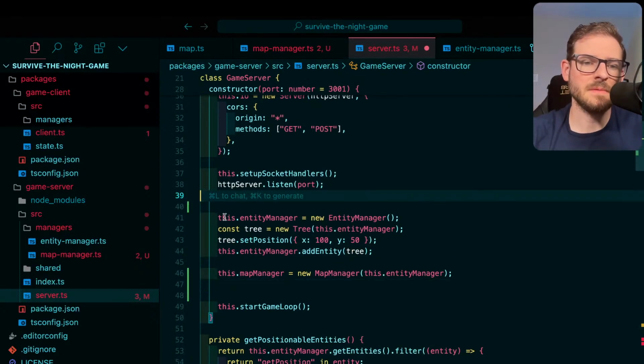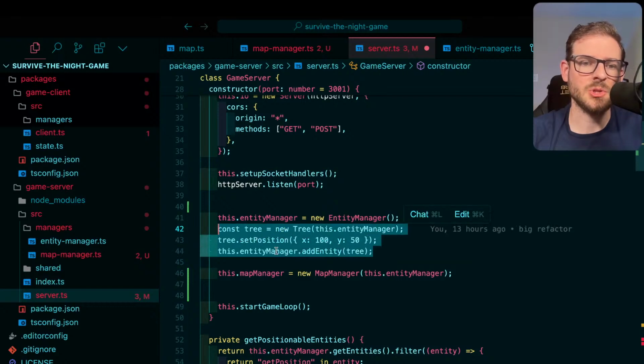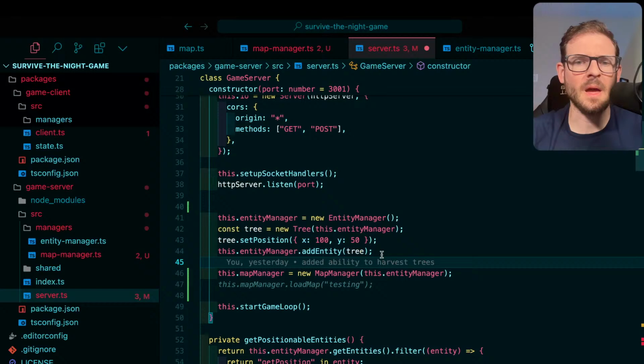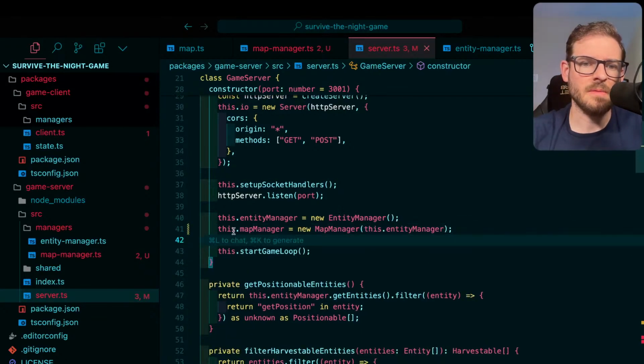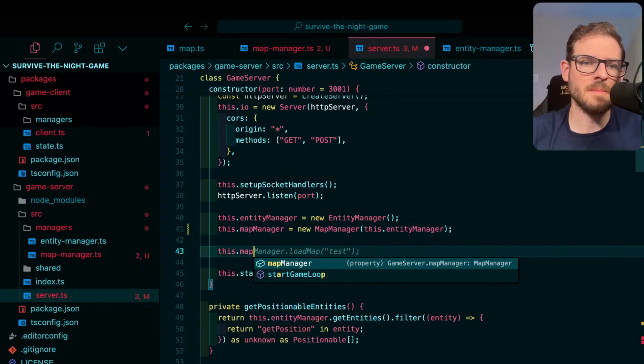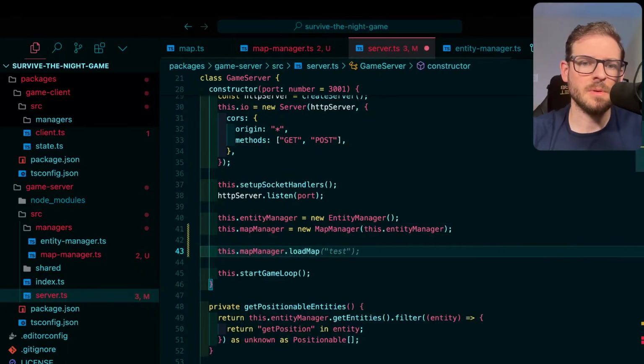Because right now, if I create an entity manager, I'm kind of loading the map information here. I'm creating a tree and adding it. I would rather have that be managed by the map manager. So we have the map manager, and then we can say this.mapManager.loadMap, and then we could say